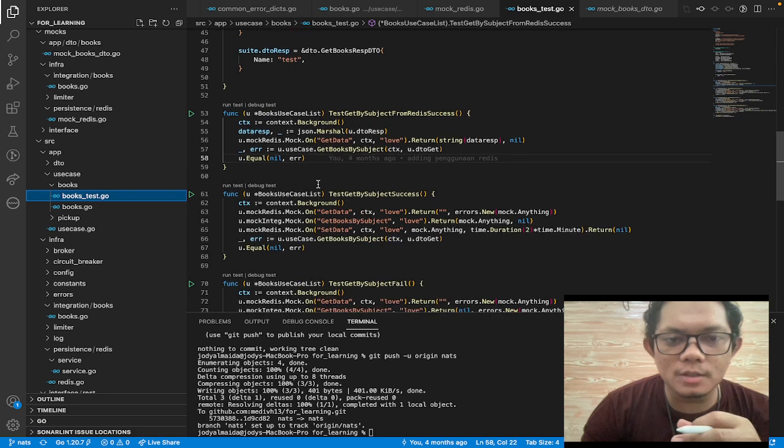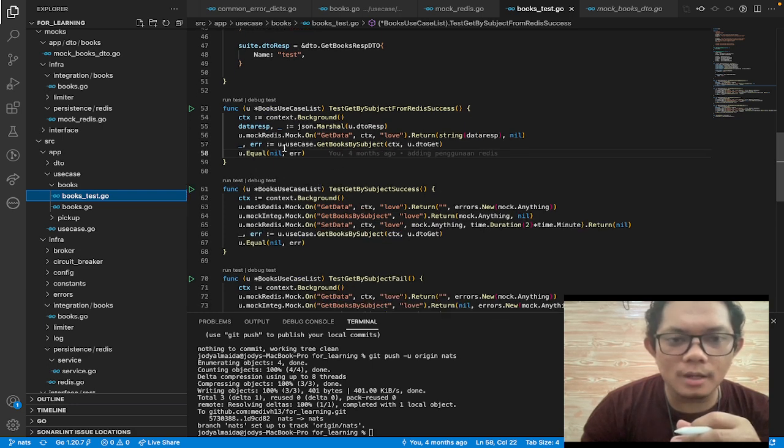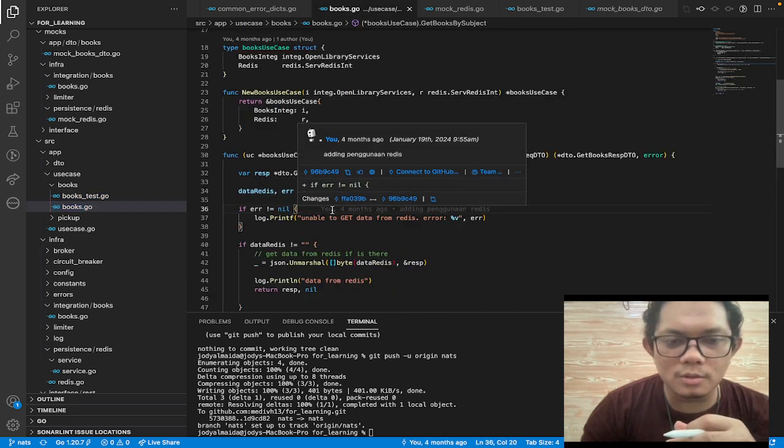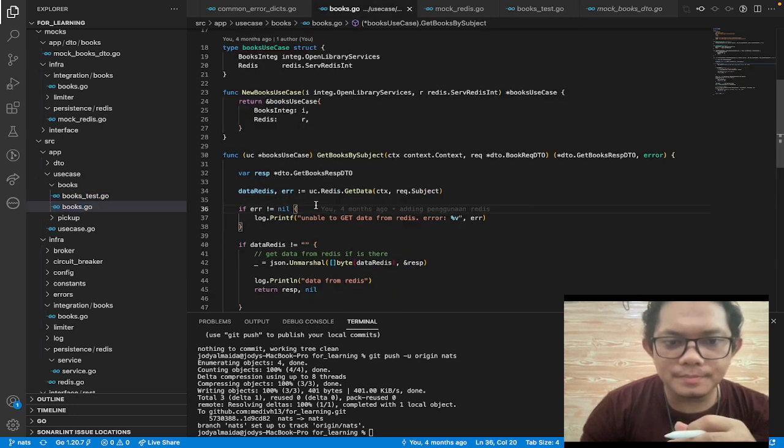After that, we just test by calling the actual method get by subject, and we just test if the error is equal to nil, because as you see in this code, if there are no errors, the variable data Redis will have the data for Redis by this key.